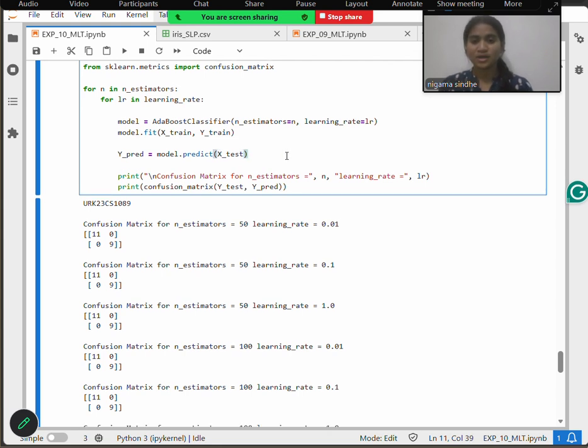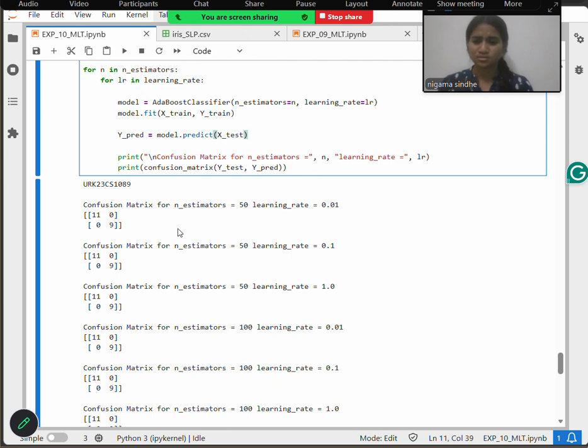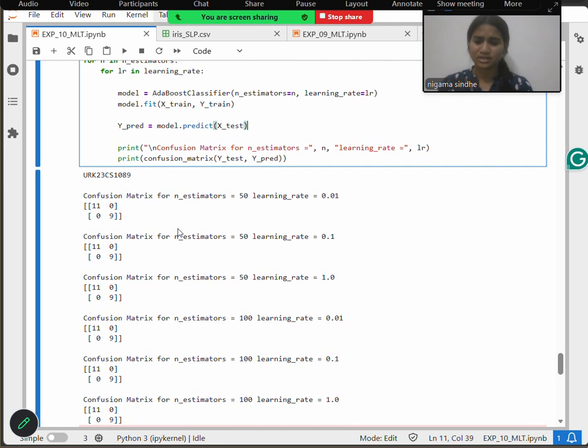So the confusion matrix we got is 11009 for all the runs. In AdaBoost each model learns from the previous mistakes, whereas in random forest classifier it checks at each and every depth and finds the correct and predicted output.